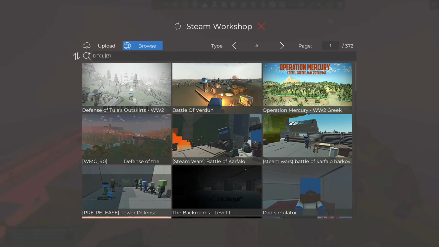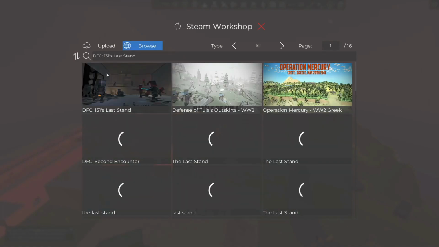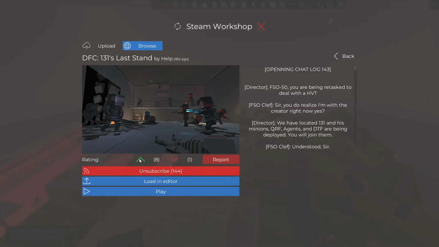DFC 131's Last Stand. So if you want to check this out, there's actually a fair few DFC maps from a variety of different factions and situations in this universe. So if you like SCP style stuff with some deep lore behind it and a lot of different maps with replayability value, then check out DFC. I think I included as much feedback as I could, but I don't want to talk too much more because,